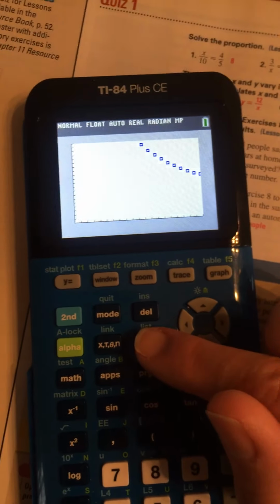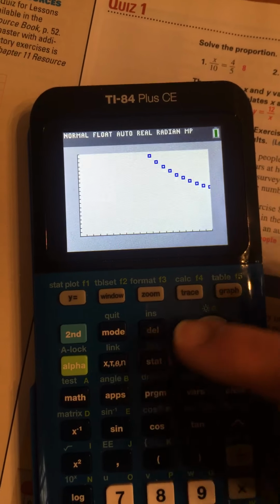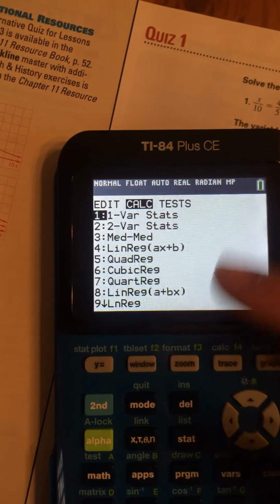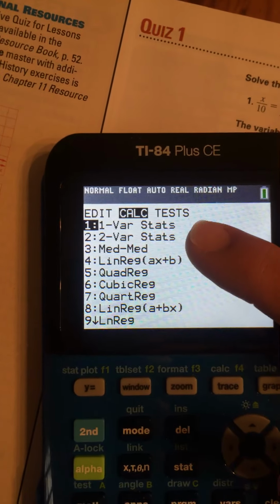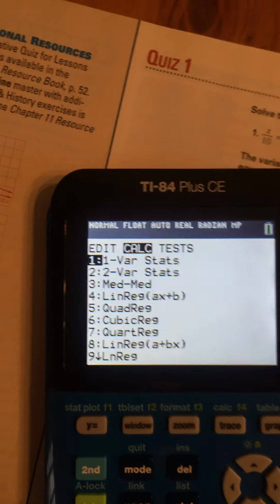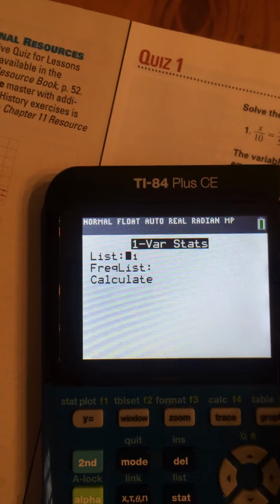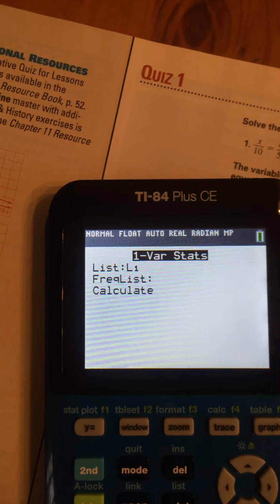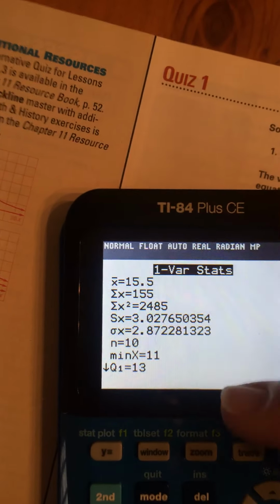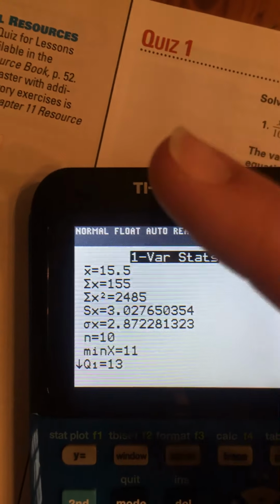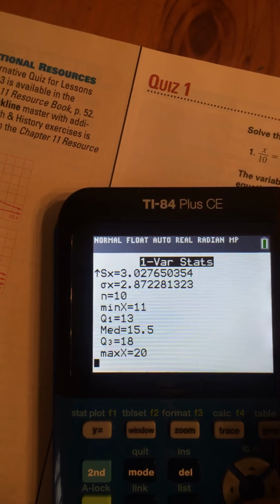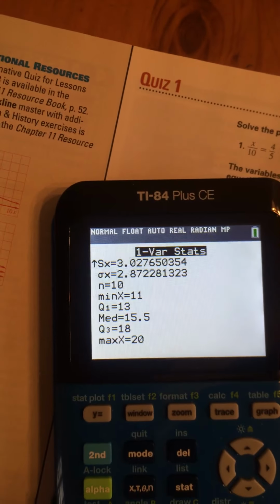Oh, I was going to show you one other thing that's real useful, on our stat button. Everybody go back and hit stat. Do you see how it says calc? Go over there. You can get some statistics things here. Do you see number one is 1-Var Stats? That means it will tell us some statistics. If I hit enter, it says we're going to use list one. We're going to hit enter. And now we have, in list one, some things like its minimum, its standard deviation, summation. There's its median, but anyway, that might be too fancy for you. But there's another